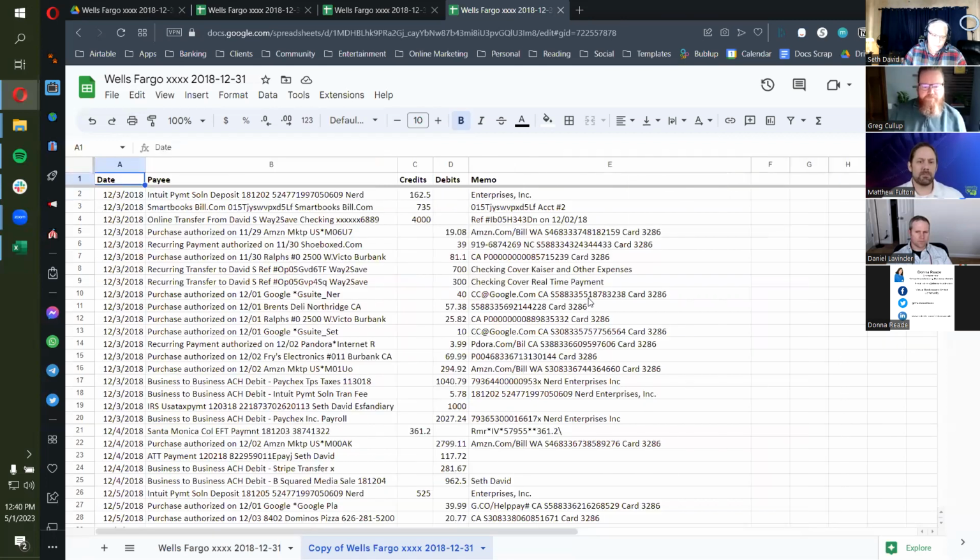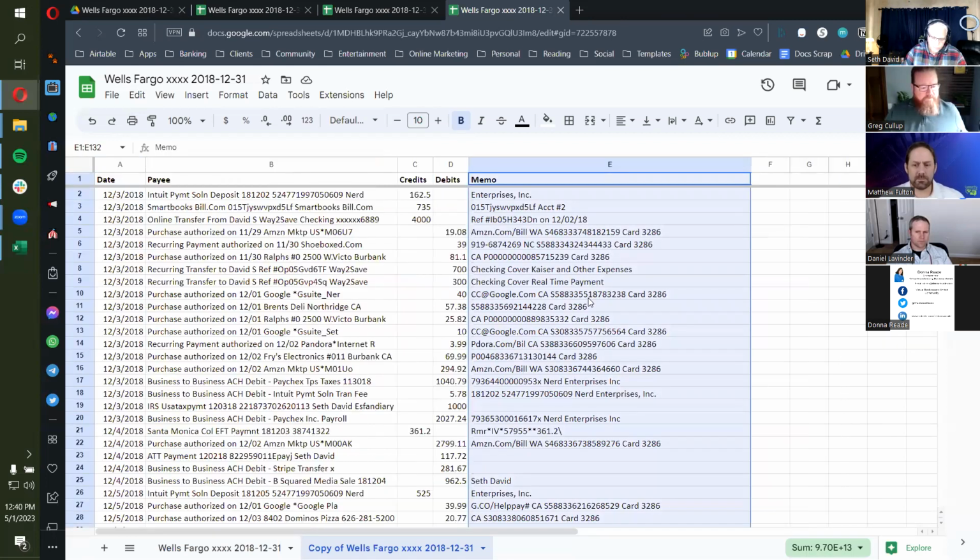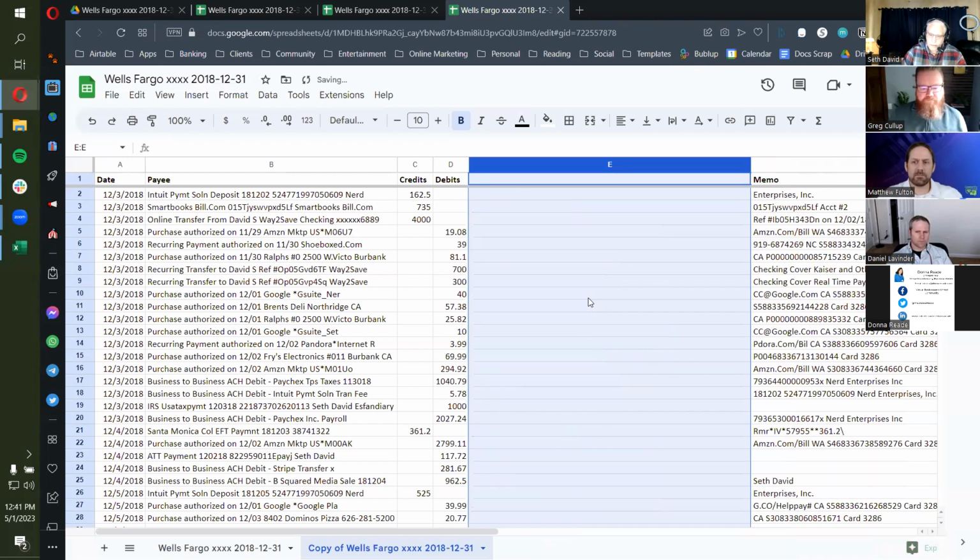And then, to set up the single amount column, control spacebar, control shift plus. It wants to confirm because I forgot to do control spacebar again to highlight the whole column, right? So it only highlighted the data. So it still needs to ask me, do I want to actually insert and shift down or shift right, right? So let me back up and control spacebar again. Now, if you were paying attention to the E column header there, it lit up in more of a blue. That's how I know the entire column is actually selected.